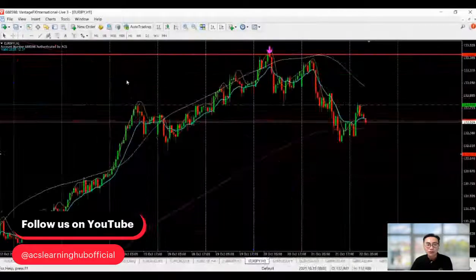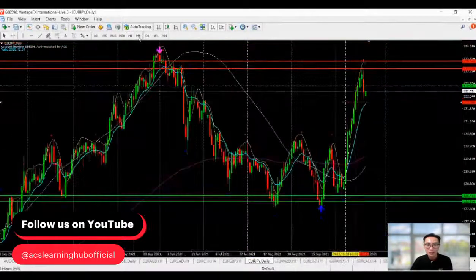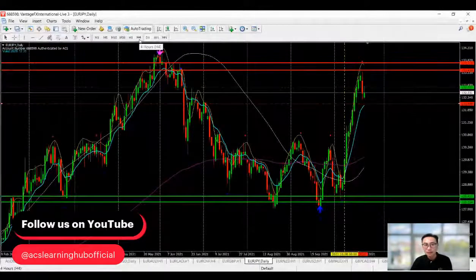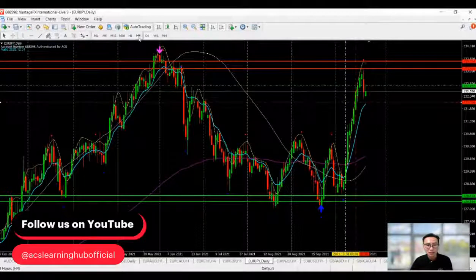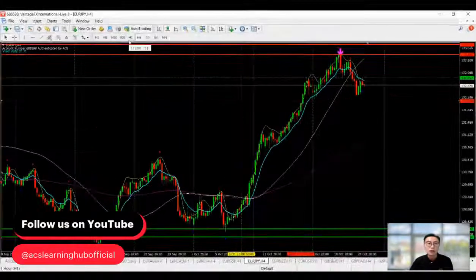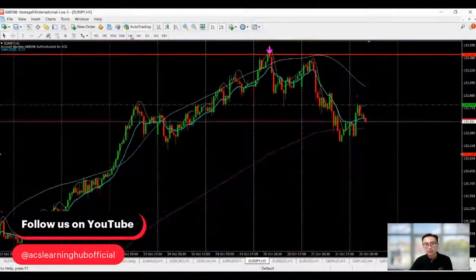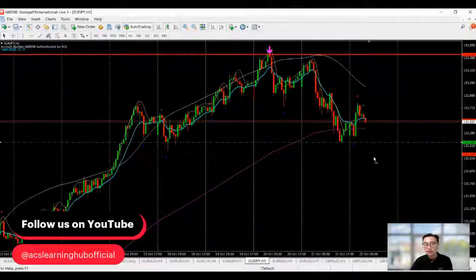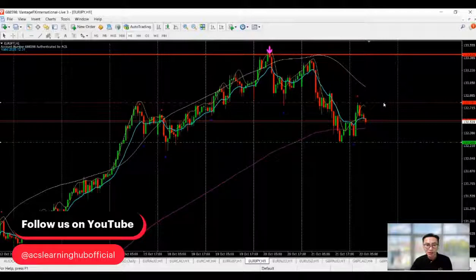All right, so Euro yen. Let's take a look at Euro yen. Euro yen is something that I'm looking forward to as well. We were in the bull, where it was going very strongly, and we have now entered into the bear, coming down. But again, we also have to be very careful to identify whether there is a downward trend. Then we can start to short. So for Euro yen, we can pay attention.